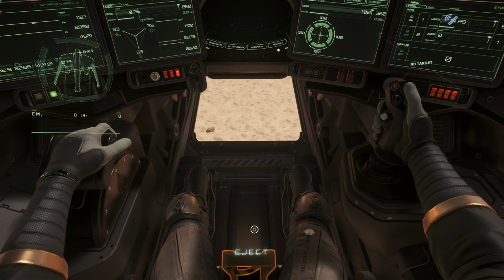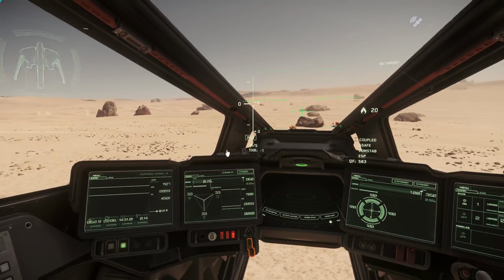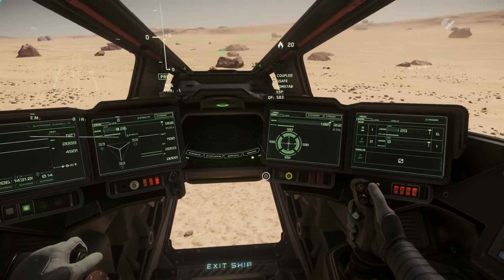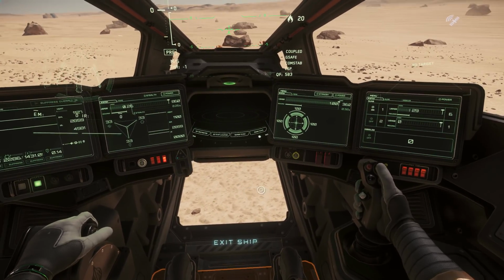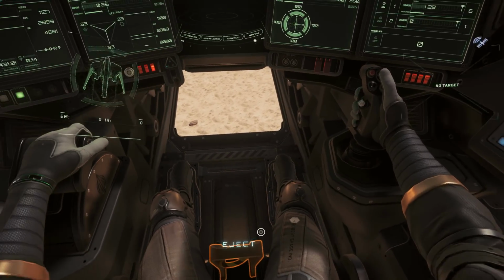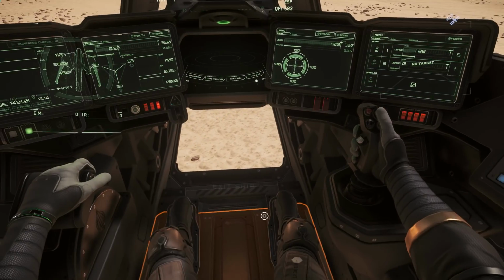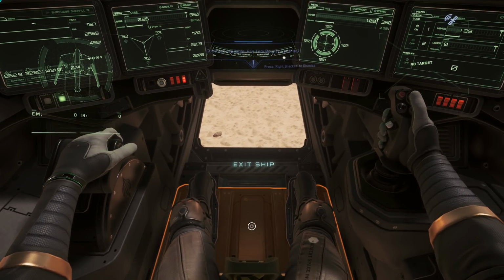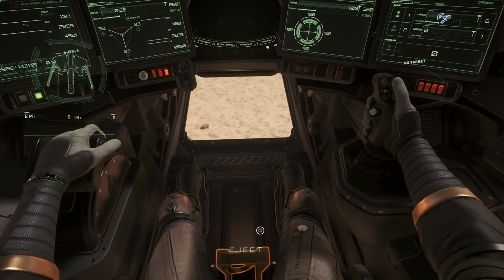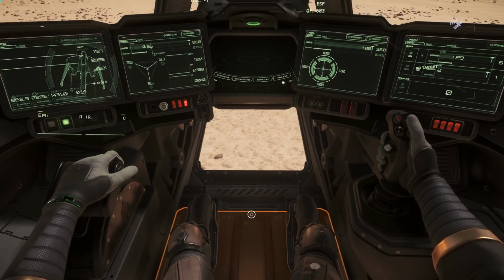If you eject, you more than likely will survive on a planet where it's got lower atmosphere because gravity will be a lot lower. I know because I've done it. I went like this to get out the ship and I pressed eject, ejected out the top. I landed, healed myself, and at that point you can't get back in because the seat is ejected with the ship. Yeah, don't like that. Rather have eject on that green button, wouldn't you? It's just too close. If they repaired, maybe made it so when you hover on that, like I said, you just get this little square here. It's the whole line as well, look, the whole way across, look. Yep, so